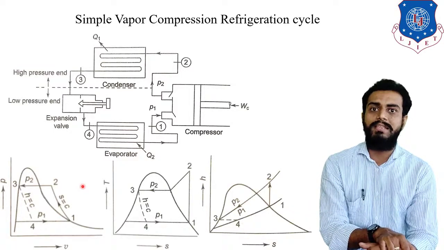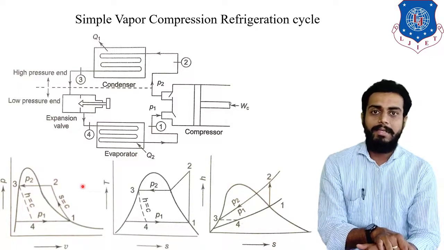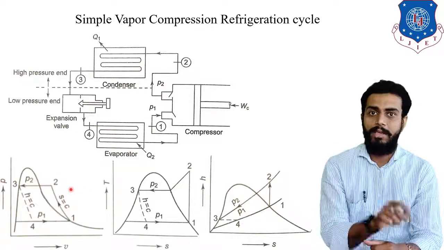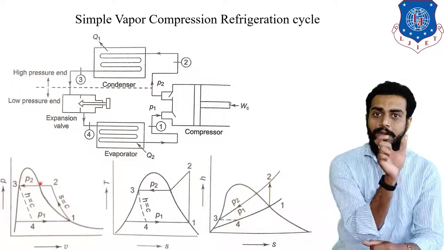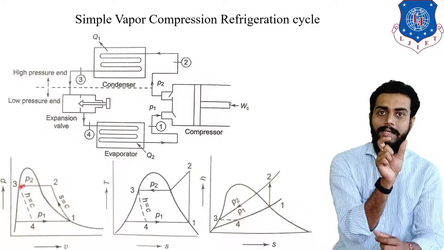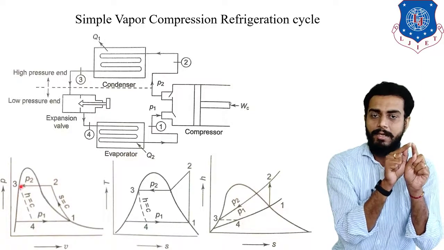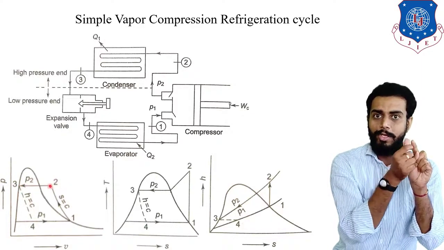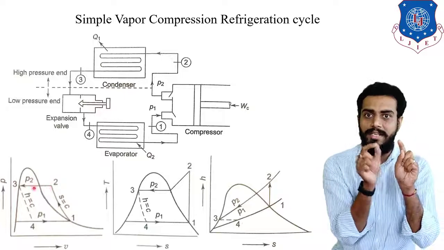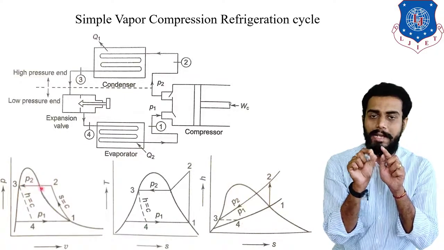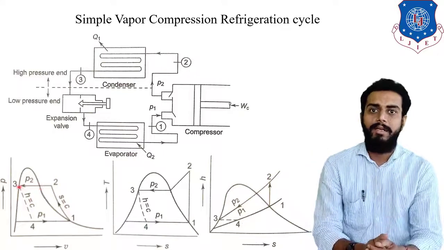Clear? So you can visualize from the PV diagram that pressure is constant during this whole 2 to 3 process. You can also appreciate that initially, when it is de-superheating, from point number 2 it is in the superheated vapor region. That line goes towards the left hand side, towards the saturation vapor line, and then further it goes from the saturation vapor line to the saturation liquid line.